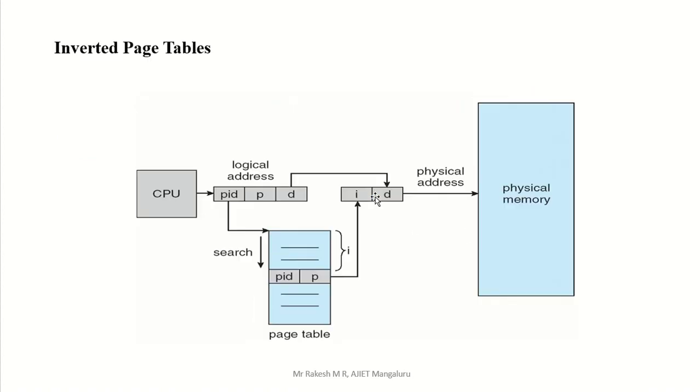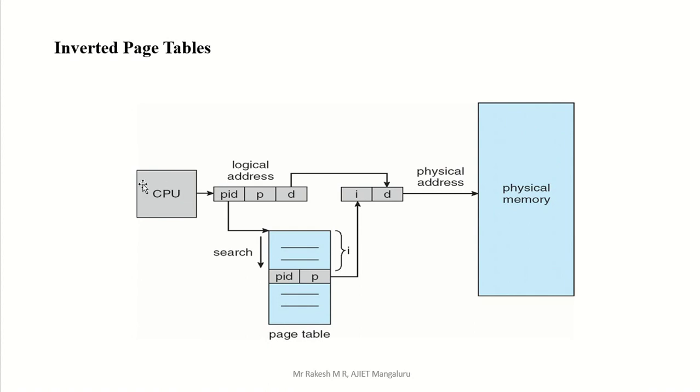Now we will go for the third structure of page table, that is the inverted page table. So what do you mean by inverted page table? Here I will go with the same concept. We have the CPU. The CPU sends one logical address, but memory needs a physical address. For logical to physical address conversion, we need the memory management unit, which contains the page table. How to build that page table, we are going to see in structure of the page table. One of the methods is the inverted page table.